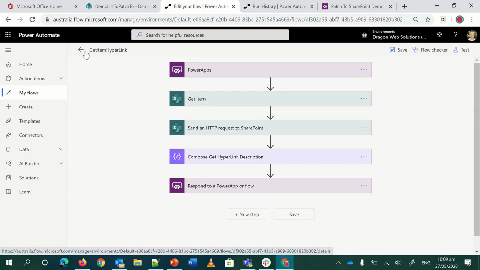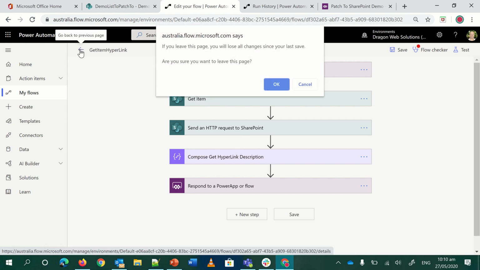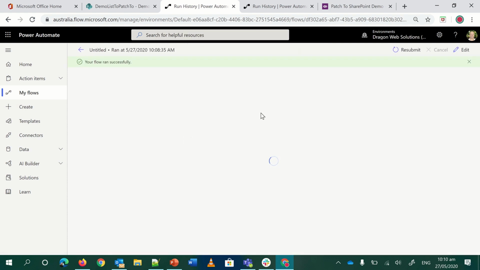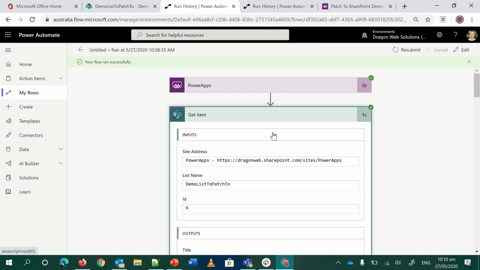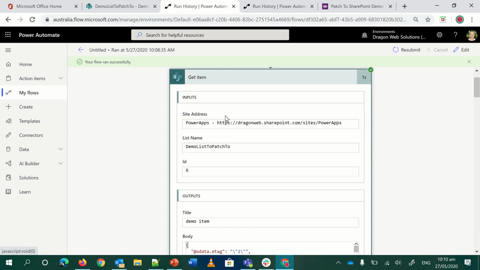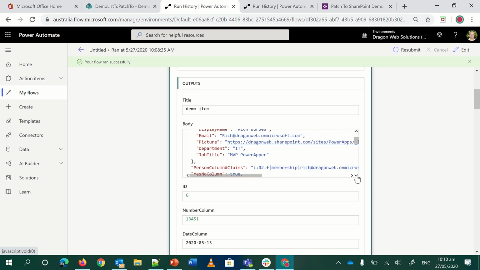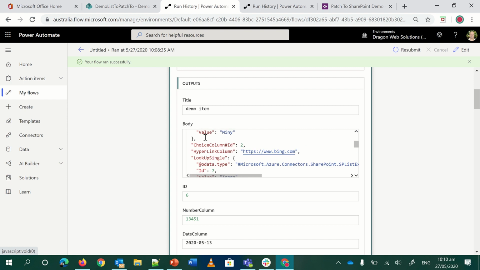And so the workflow for that, as I step you through it, you also need to call a HTTP request. You don't call get item, and to show you why you don't call get item, if I run through what we've done for the last workflow. Okay, so get item, let's expand that and see what we get back. So I get the site, the name, and then the outputs I've got in here. You think, oh, maybe there's going to be my hyperlink description. And if we go through things to get to it, there it is. Hyperlink column, and it's just the URL. There's no description in there at all. So, oh, yeah, that's not going to work, right? So don't use